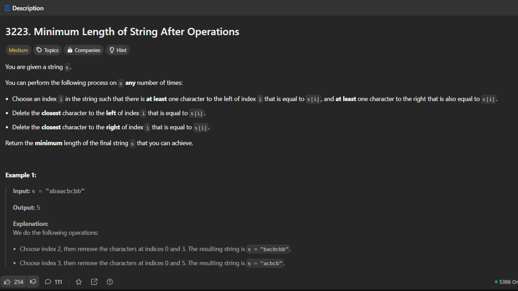In this video, we will be discussing minimum length of string after operations. You are given a string S. You can perform the following process on S any number of times. Choose an index I in the string such that there is at least one character to the left of index